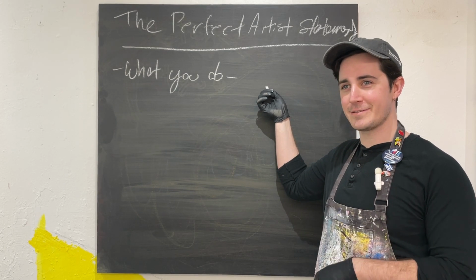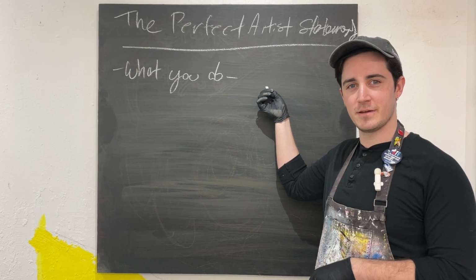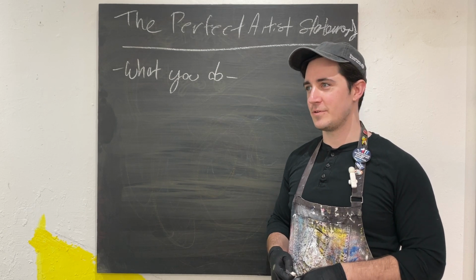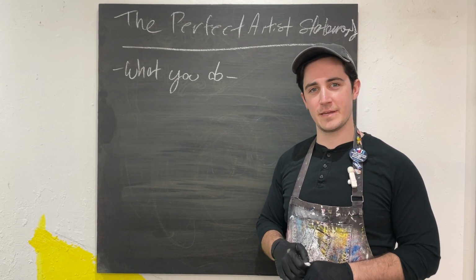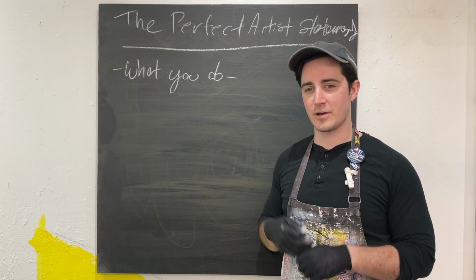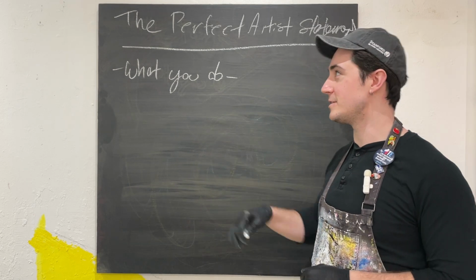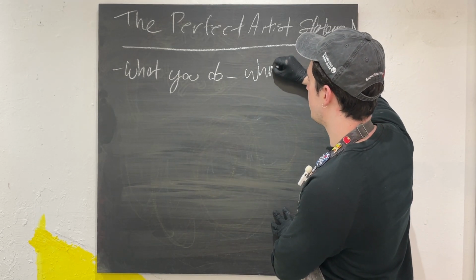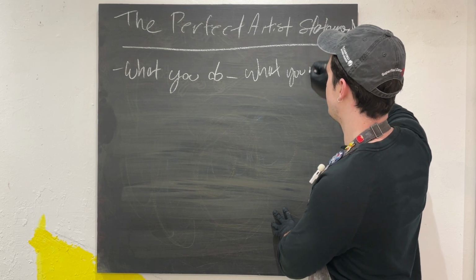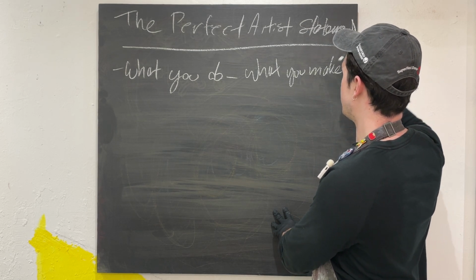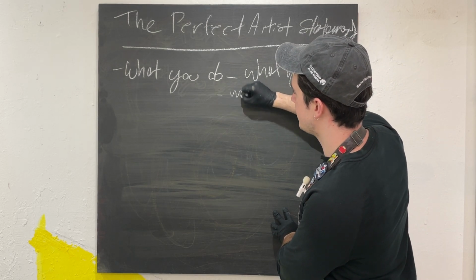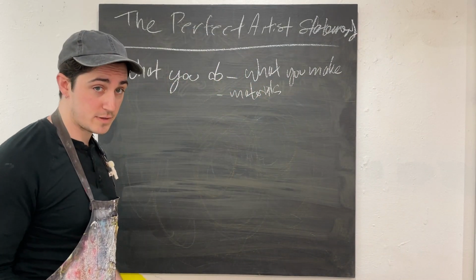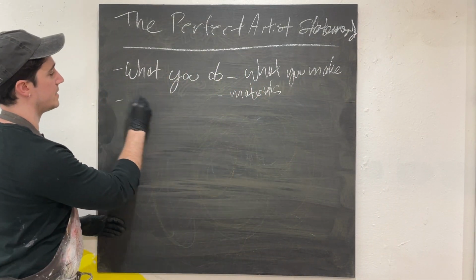In my case, I'm a figurative acrylic painter who makes artwork about living with visual disability. So if you're going to give just a little bit of intro and context to what the artist does, that's what you need to do. So what you do. And that can mean what you make, what materials. And then once you've done that, the next thing that you want to do is tell us